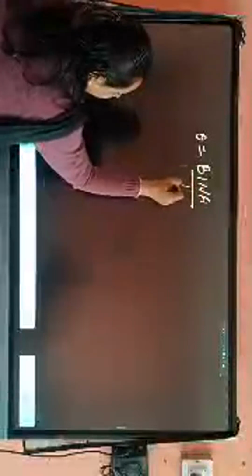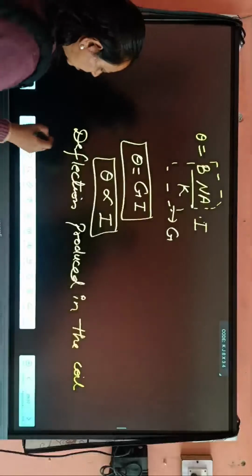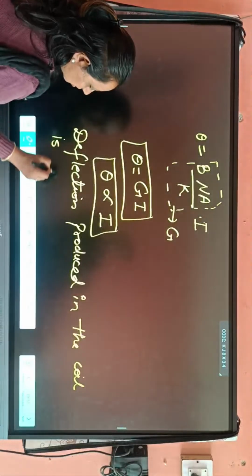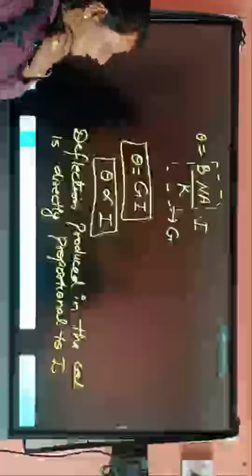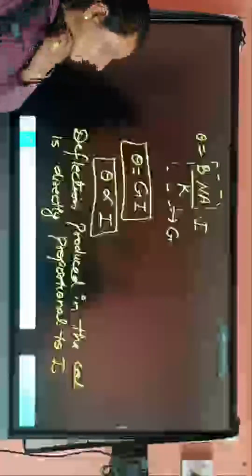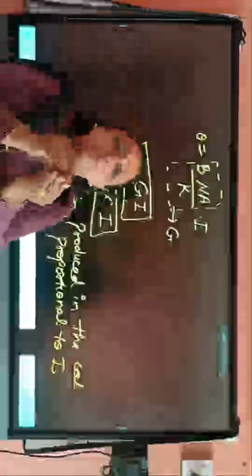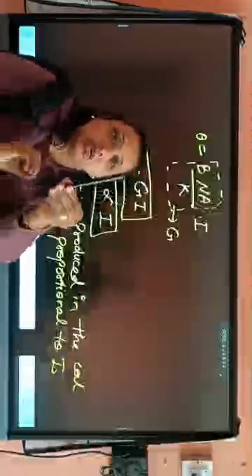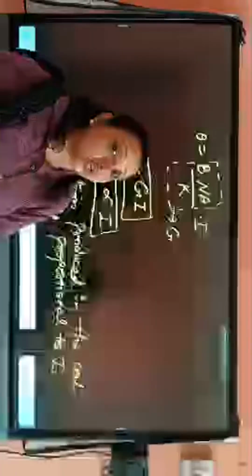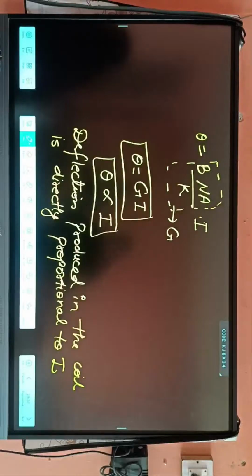And this theta is equals to B I N A over K. So when we keep the magnetic field uniform, having a fixed value, the number of turns constant, then theta is directly proportional to I, the current. ठीक है ना, so theta is directly proportional to I। जितना ज्यादा उसमें से करंट पास होगा उतना ज्यादा वो ट्विस्ट होगा, and it gives the value of the current, उतना ही वो करंट शो करेगा ऑन दैट।